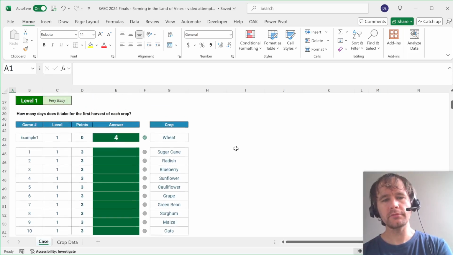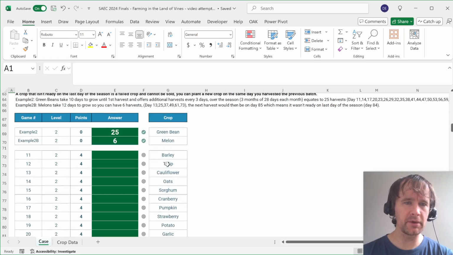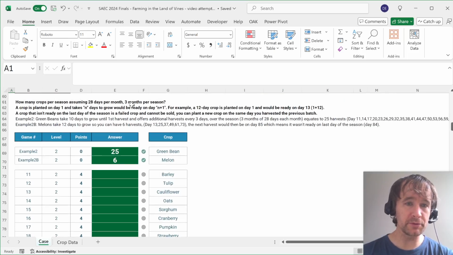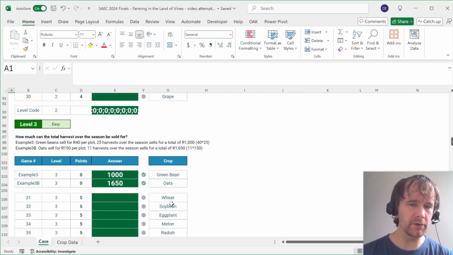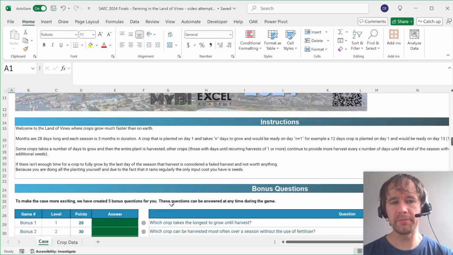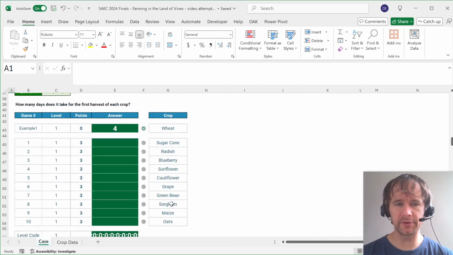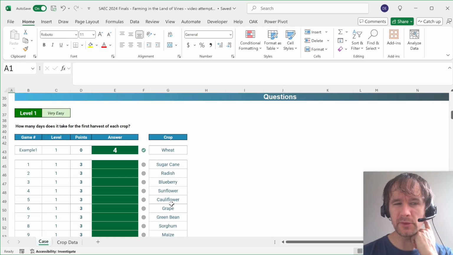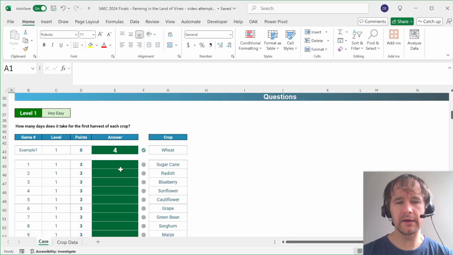So there's various questions: how many days does it take for the first harvest of each crop? How many crops per season, given the givens, how much can you sell it for, how much profit do you make, and then some more complicated questions. The big tactical mistake I made was I often kind of skip over the bonuses and just jump right in, which I don't think is a tactical mistake in itself, but I answered all of these questions individually,